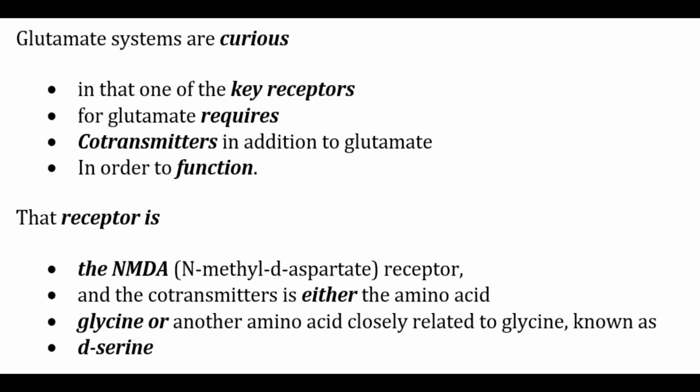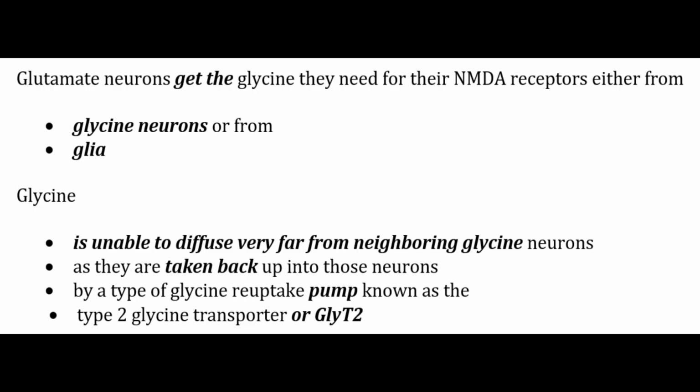Now let's discuss synthesis of glutamate cotransmitters glycine and D-Serine. Glutamate systems are curious in that one of the key receptors for glutamate requires cotransmitters in addition to glutamate in order to function. That receptor is the NMDA receptor, and the cotransmitter is either the amino acid glycine or D-Serine. The glutamate neurons get the glycine they need for the NMDA receptors either from the glycine neurons or from the